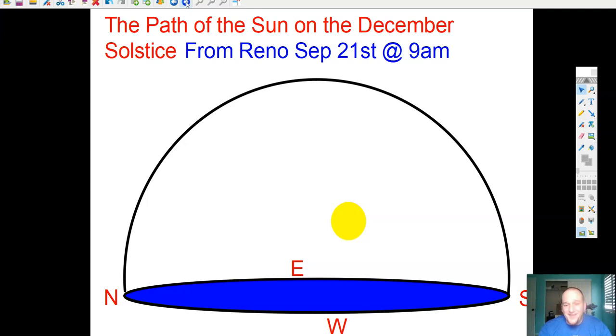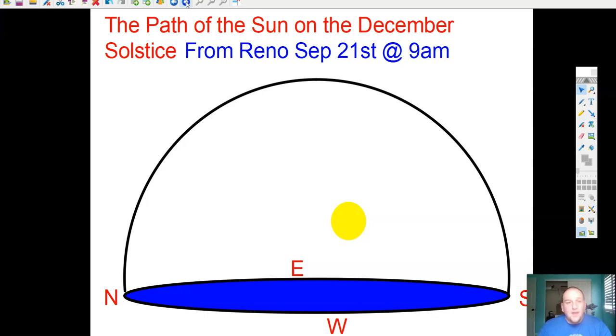So if we track the sun day to day, we actually see something really interesting. Like we mentioned before, on any given day, the sun will rise somewhere in the east, go up somewhere in the south, and set somewhere in the west. So imagine we're looking at the sun on the September equinox at about 9 a.m. We'd expect it to be somewhere south of east and a little bit above the horizon, working its way through